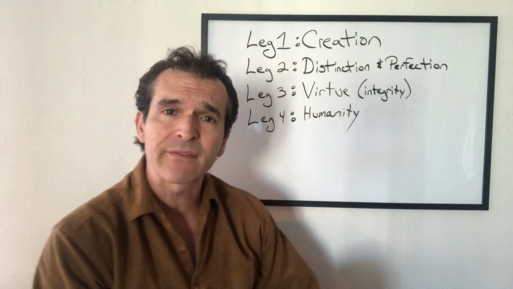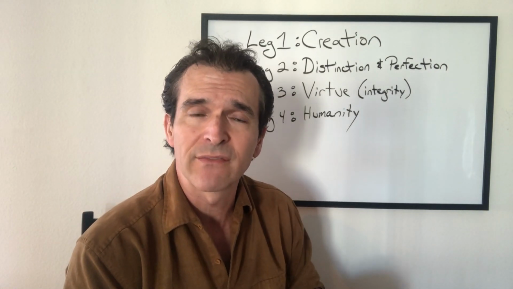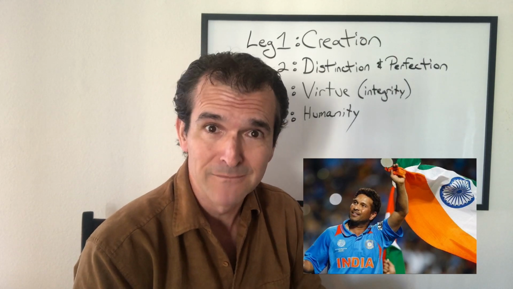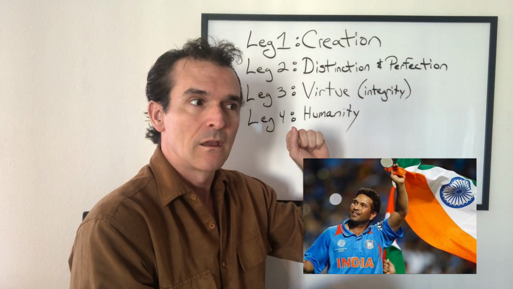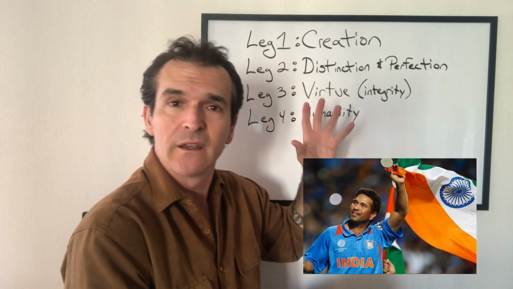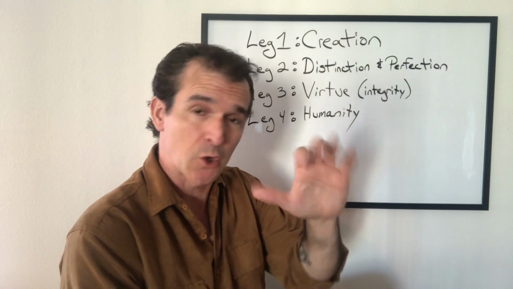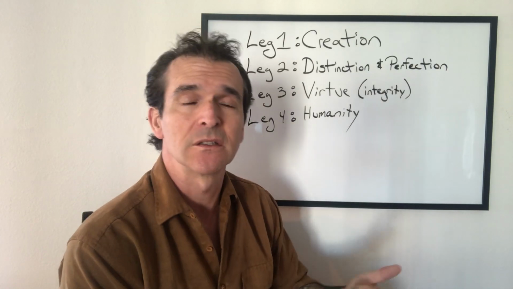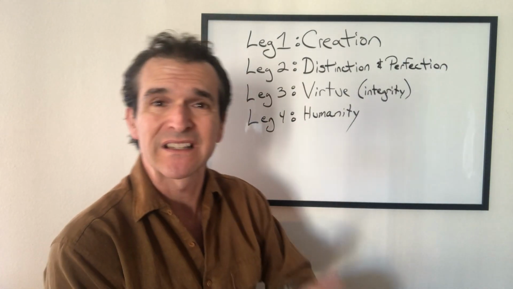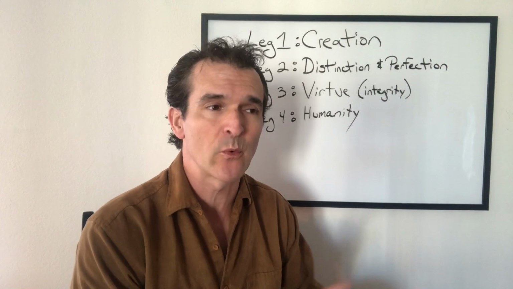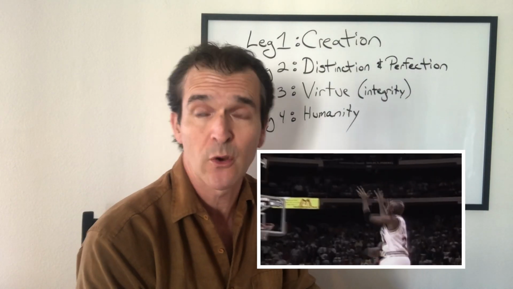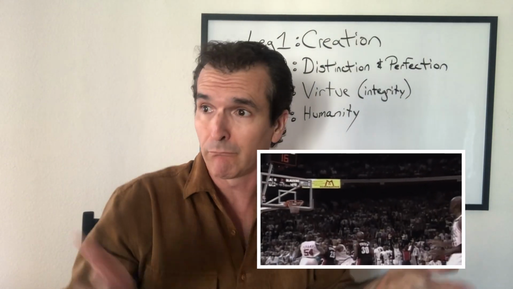Let's use an athlete, for example, okay? You think about your favorite athlete, okay? What's done by that athlete? Is it creative? You betcha. Is it marked by distinction and perfection? You betcha. I remember when Michael Jordan hit 7 3-pointers in a row and he turned to the press table and went,